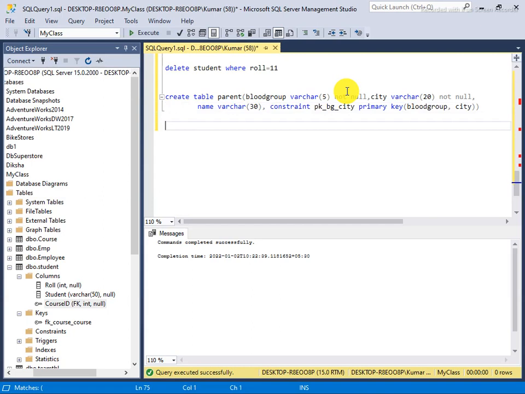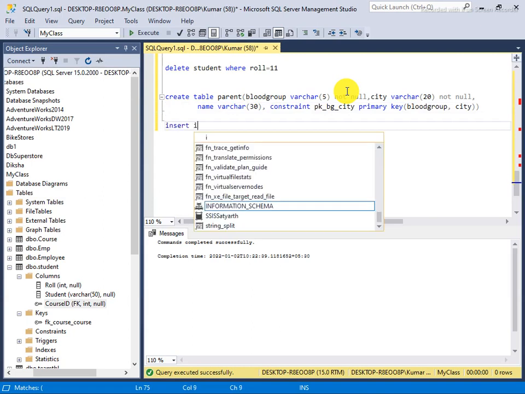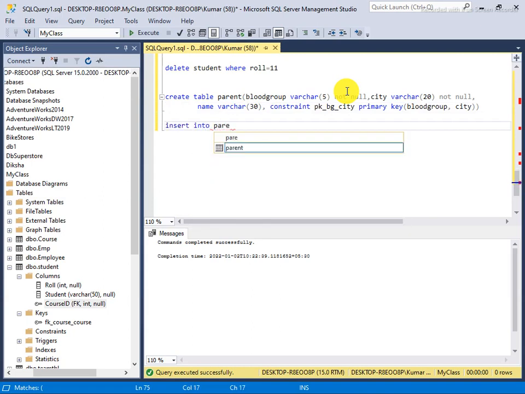I insert some values: insert into parent, I say here blood group is O, and CT is Mumbai, and the name is Tom.